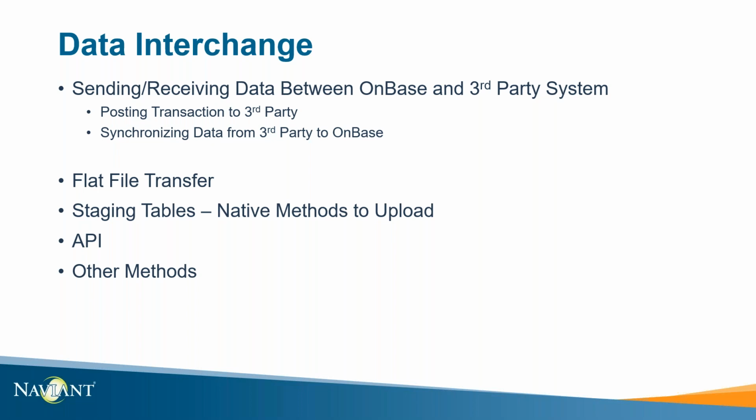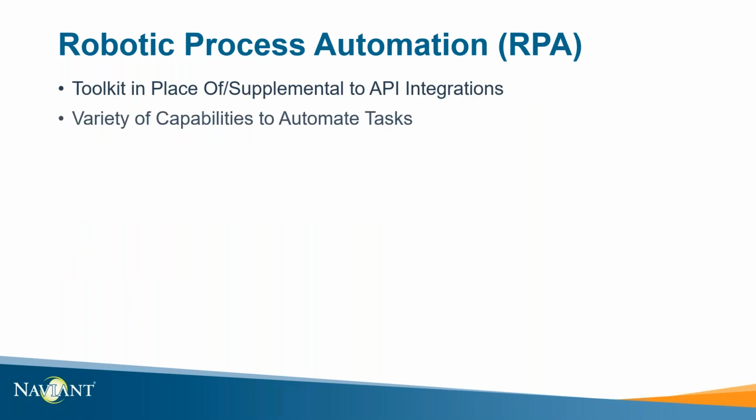So we've covered a lot of ground so far as it relates to integrations, but there are some scenarios where OnBase doesn't integrate with other systems because of lack of functionality. And hence the reason I just bring up one slide to talk about robotic process automation, or RPA. There are some scenarios that we've encountered where we can't programmatically get at the data that we're looking at or documents via some of the integrations that are available to us. Hence, we have products like RPA that really can take the place of API integrations.